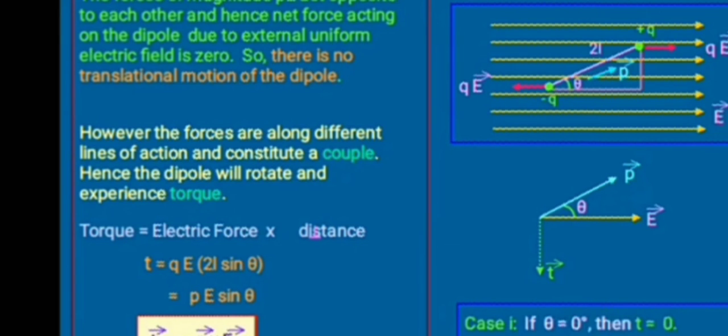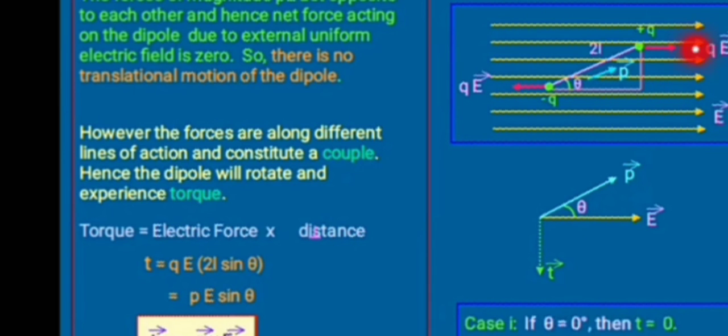Next topic is torque on an electric dipole in a uniform electric field. Torque is given by moment into force. Consider a dipole. The distance between the two charges is twice L as shown in the figure. See the figure. Let it be placed in an electric field of uniform intensity E, and theta is the angle between the axis of the dipole and the field,